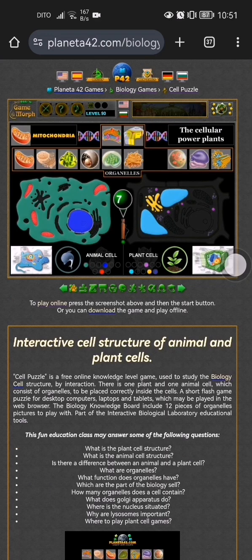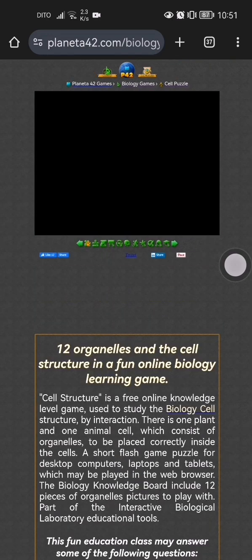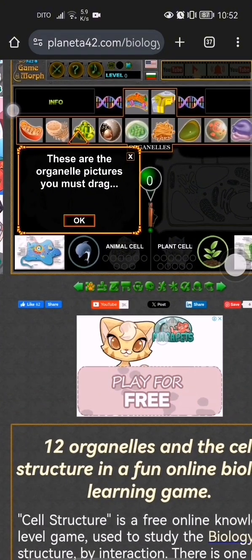After clicking the cell puzzle, we'll be directed to this page. And then let us click the first picture, which is the game, and we will be directed again to this page. For us to assign this game as a performance task to our students, it's better that we already know how this works, so that if there are clarifications or questions, they can ask you and you can respond to them. So to play this, we'll just click start, and then here is the direction.